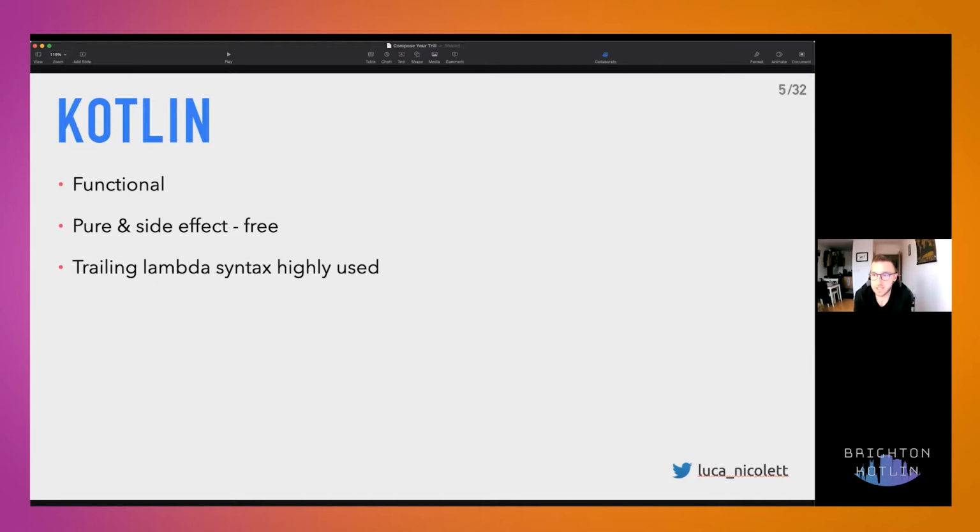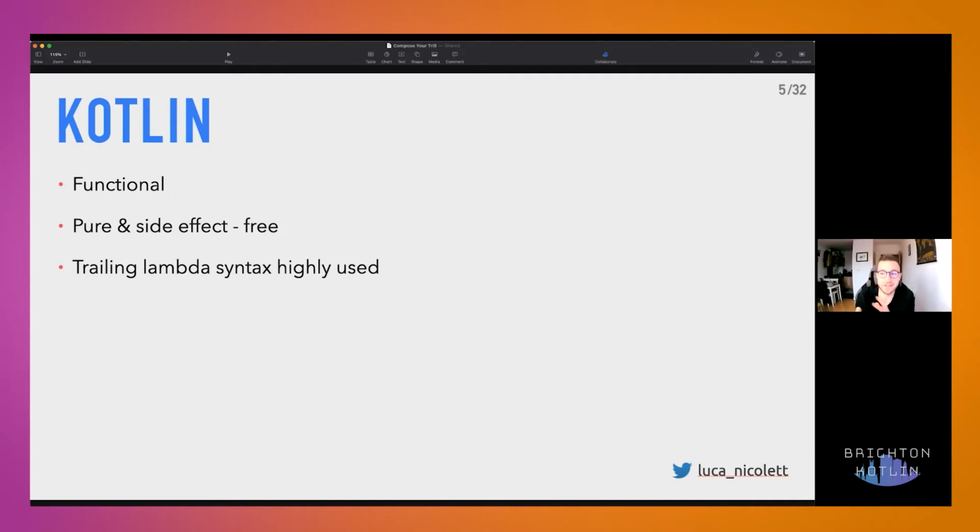So as said, the main concept of this new library is the composable annotation, which is to be used on functions. As we'll see later on, our view hierarchy will become just a function. And that's because the goal of Compose is to be functional, so pure and without any side effects. But is it like that already? Unfortunately, it's not.